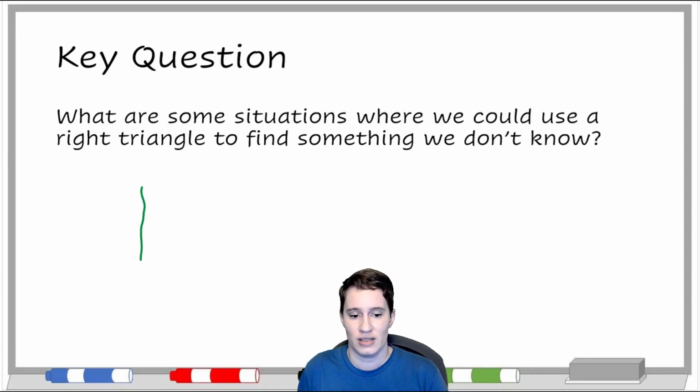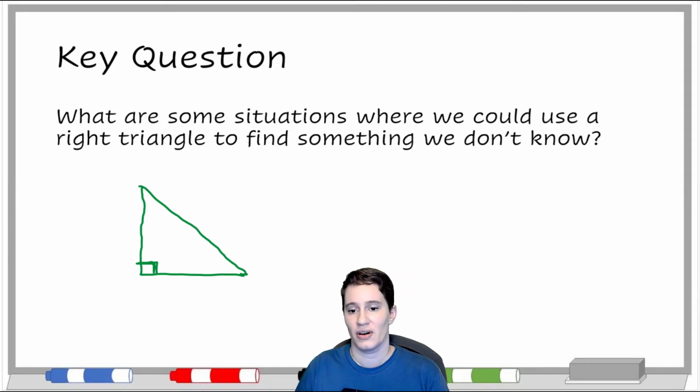You probably aren't seeing triangles if you look at the walls in your house, although you might see some. But any wall should meet at a right angle down here at the bottom, which means that you could, in a lot of different ways, finish this off and draw a right triangle. Now, it may not be that you have a reason to do that in your house, but there are lots of other times where we might need to use a right triangle,